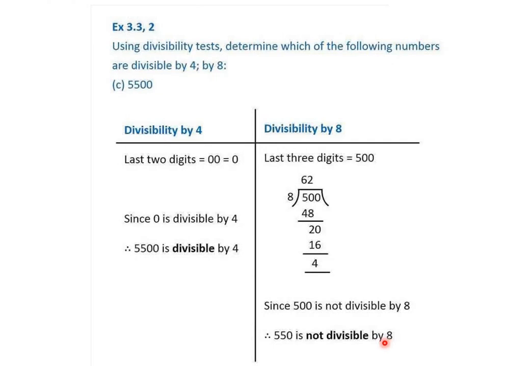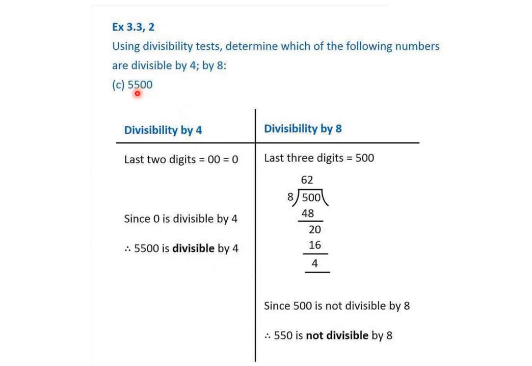Now we come to the third one, where the last 2 digits are 0, 0 here. When 0, 0 comes as the last 2 digits, then it is obvious that it is divisible by any table, by any number, because 4 zeros are 0, 8 zeros are 0, 9 zeros are 0. That means you can take any table and you can divide 0. It is possible for every table. So without the long division method, you can directly write yes, it is divisible.